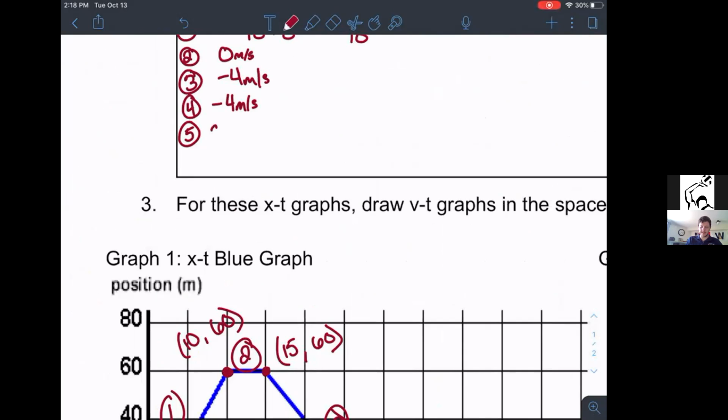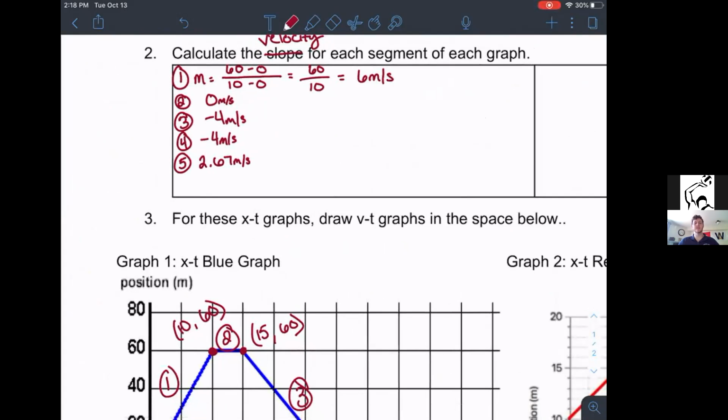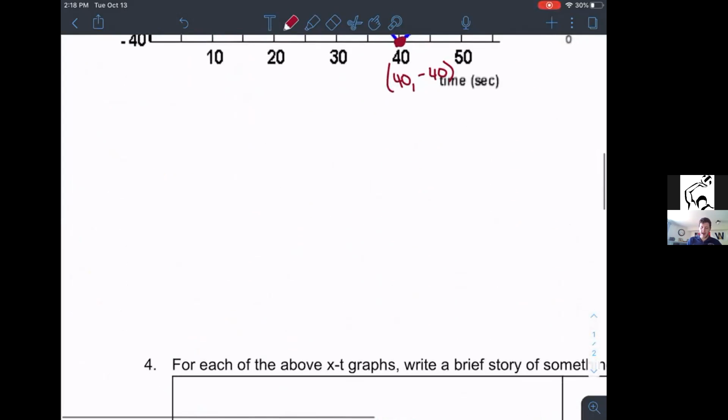Yep, 2.67. All right. So we found our slopes. So we did part number 2. And number 3 says for these XT graphs, draw the VT graphs in the space below. So now we have to keep going past that section. We need to draw our own graph